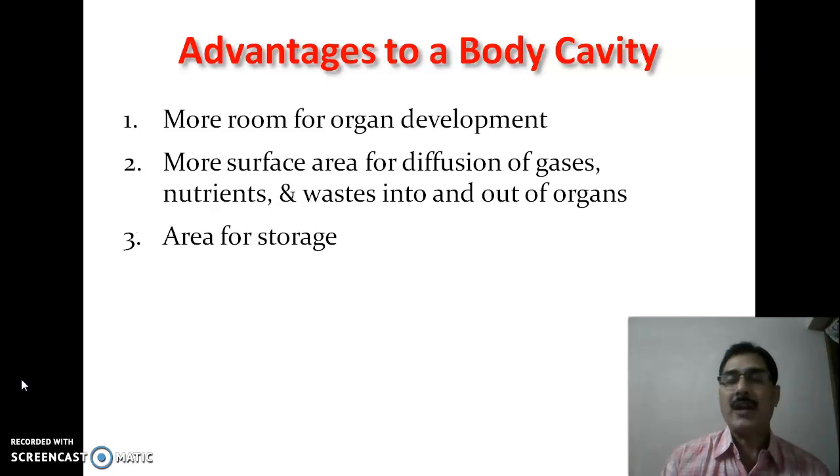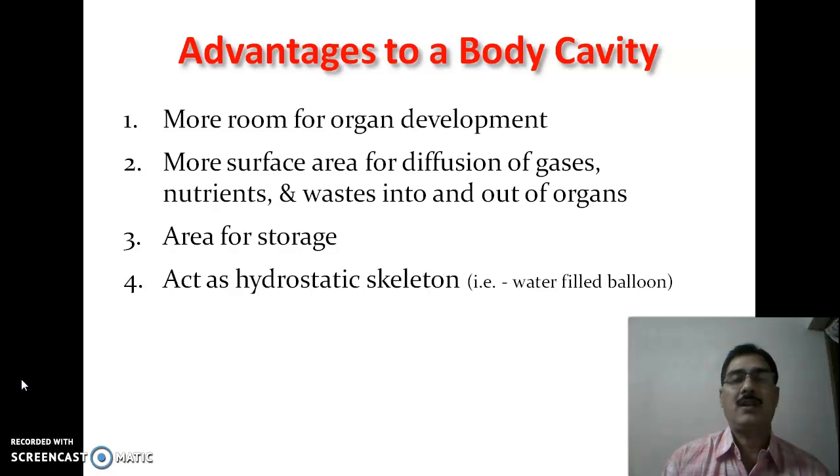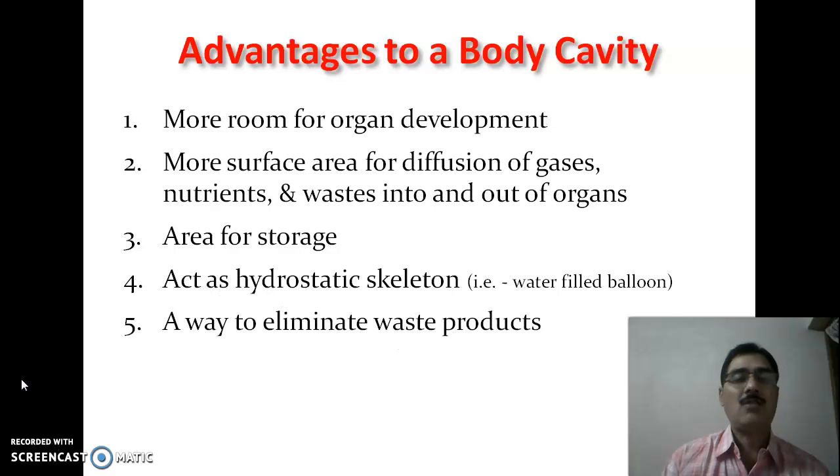It gives an area for the storage. It acts as a hydrostatic skeleton, as it is just like a water-filled balloon, as we can see in the case of earthworm. It is also a way to eliminate the waste